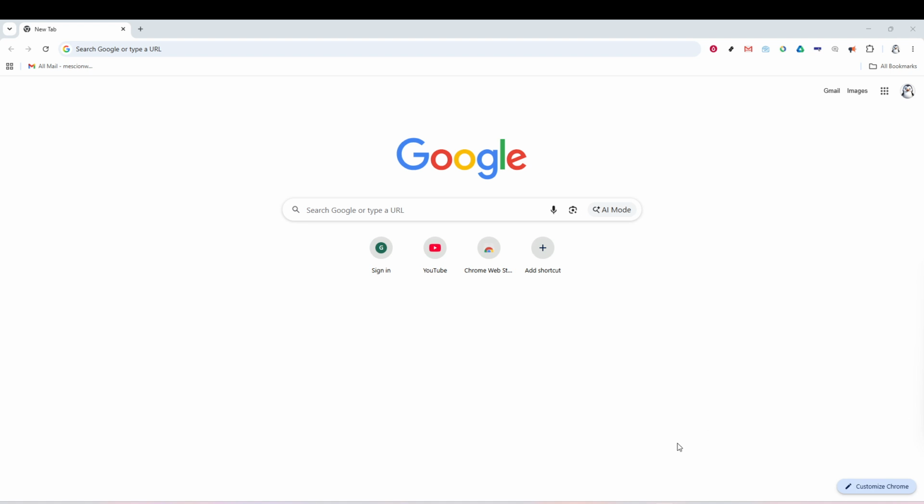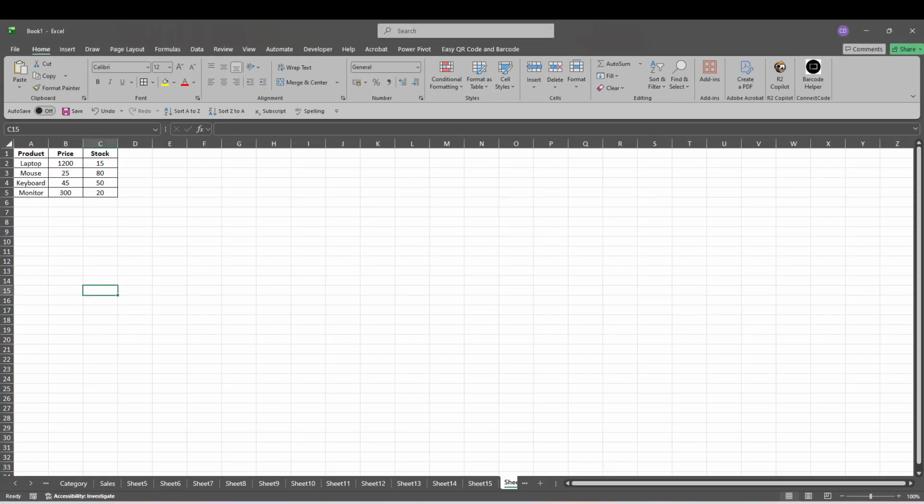A header row is the row at the top of your data that labels each column. For example, if you're tracking inventory, your headers might be something like product, price, and stock. These labels make your worksheet much easier to read at a glance, and they also help Excel understand how your